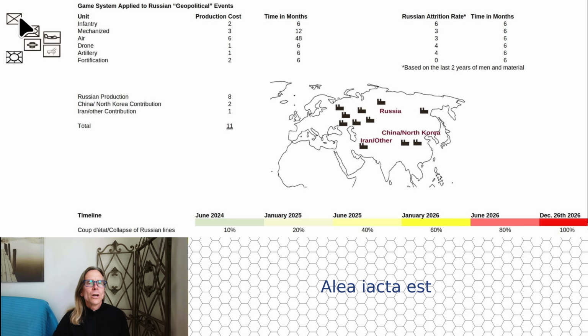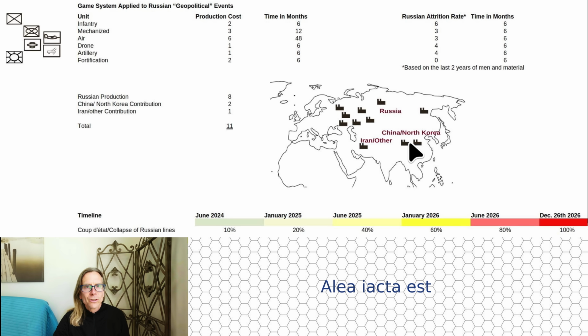So what Russia does is they've got basically, you count these are industrial units or hexes. I think in terms of hexes because that's how the old game systems worked. You can see 1, 2, 3, 4, 5, 6, 7, 8. Based on the amount of the industrial military ability to bring forward and produce units, I've ascribed 8 production hexes to Russia. Now, I also include 2 from China and North Korea.